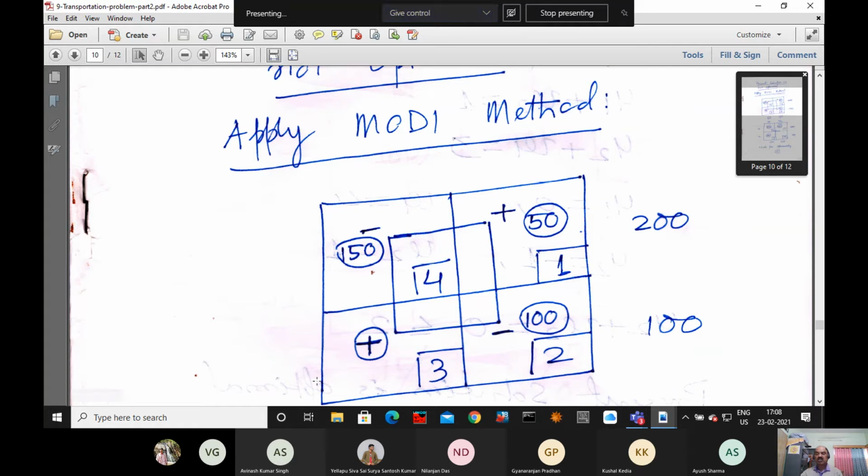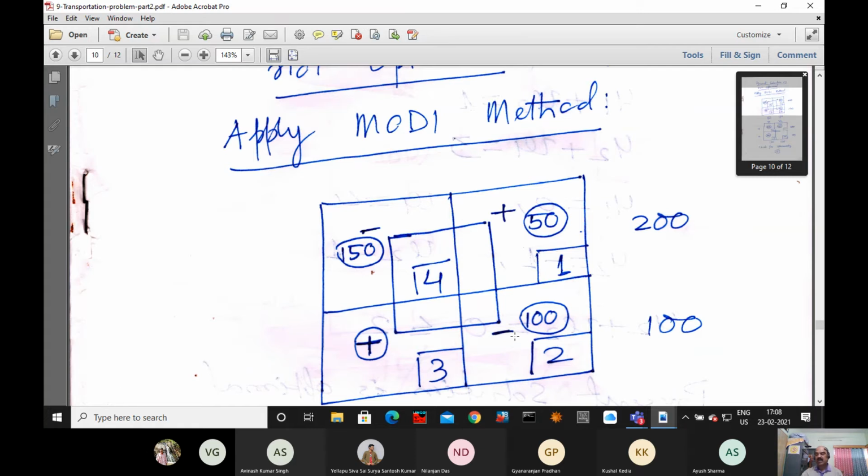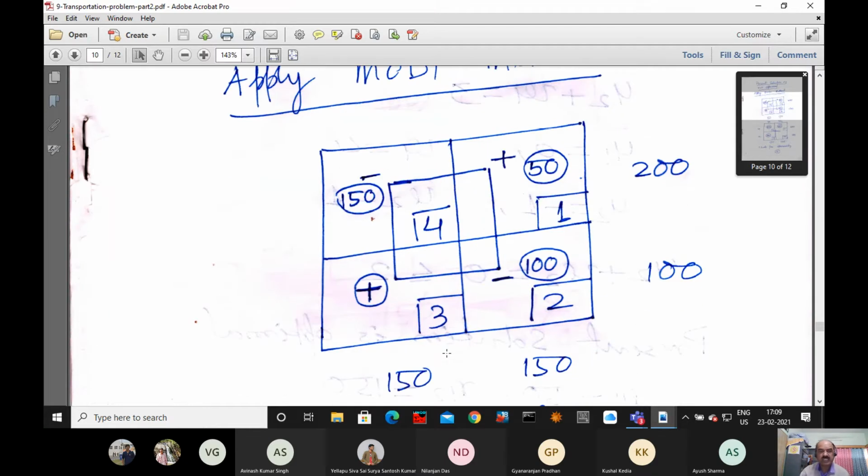As a result, this 100 is becoming 0, you are subtracting, and that plus 50 is becoming 150, and minus 150 is becoming, because it's negative, you are subtracting, 50, and that plus becoming 100. After that, we find it is fulfilled. The solution is fulfilled means when we check, we find this condition is fulfilled: Ui plus Vj is less than or equal to Cij. So once it is fulfilled, we conclude that the present solution is optimal. So this is the way we have got the solution.